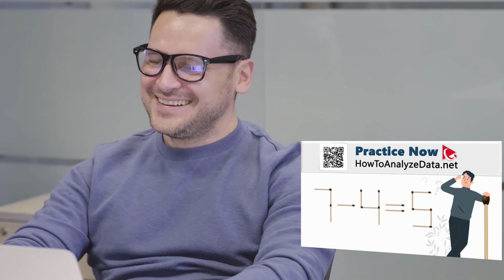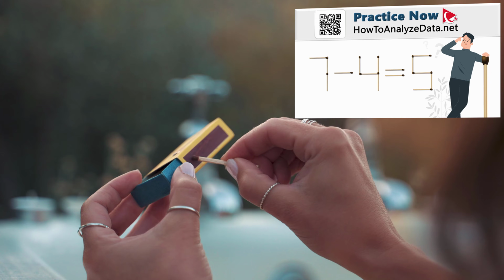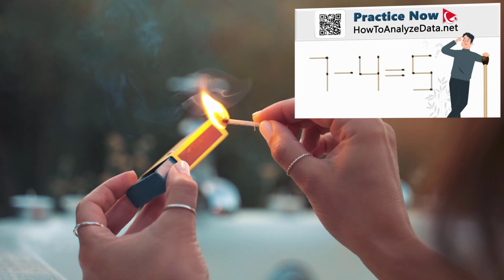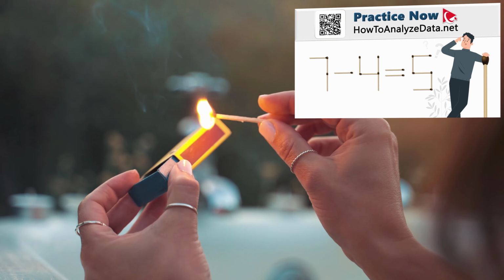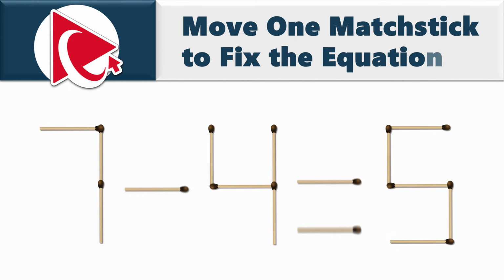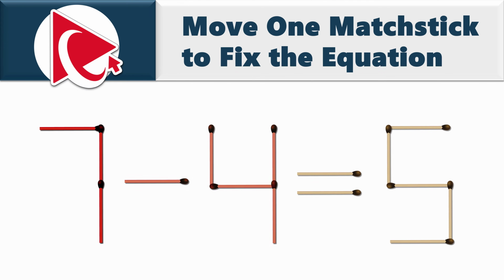So this question is for you, but I gotta warn you, attempting to solve it feels like trying to light a match in the wind. Sometimes you get a spark, but most of the time you end up with the metaphoric blown out candle. You're presented with incorrect mathematical equation, which is built from the matchsticks, and you need to move one matchstick to fix this equation. The equation as it stands right now is 7 minus 4 equals 5, which is not mathematically